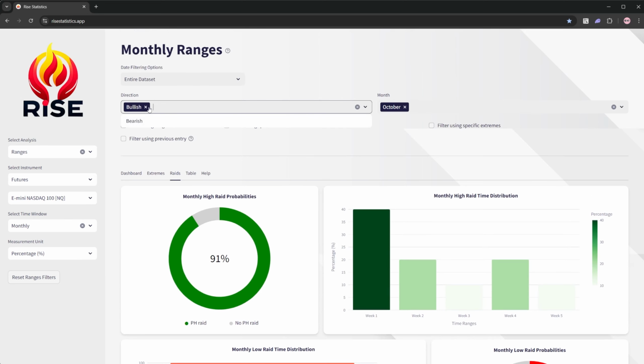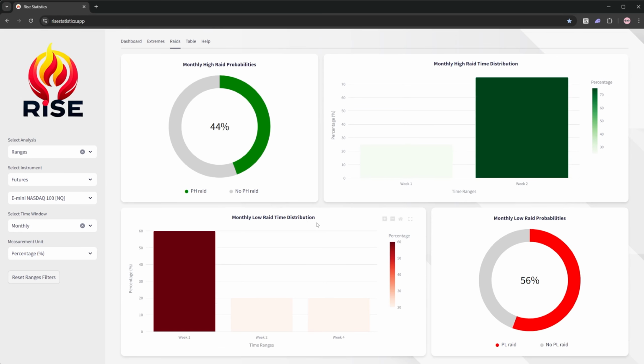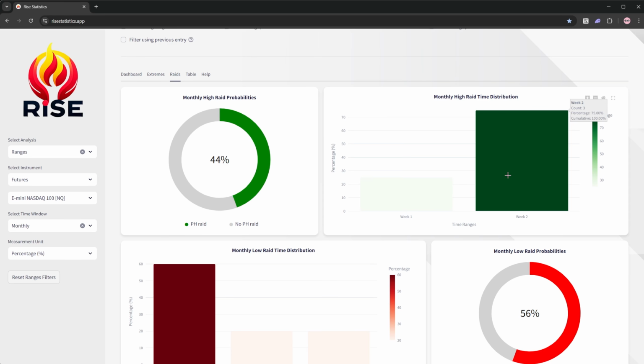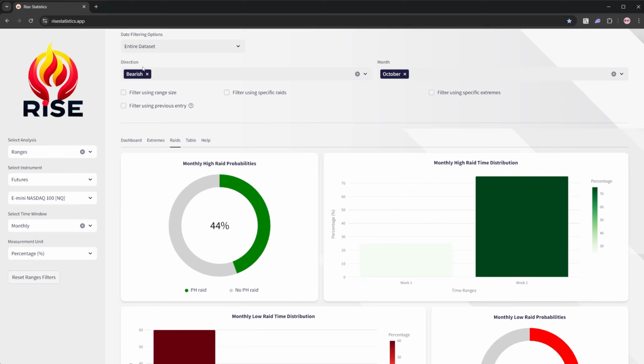So, of course, going on our charts, it's going to be very interesting to see where these levels are with those probabilities. If we are to have a bearish month, we still see a very high probability early on in the month to reach the monthly high. And still, even with just a slightly better low rate probability, it is still overwhelmingly during week 1. So a lot of different information there.